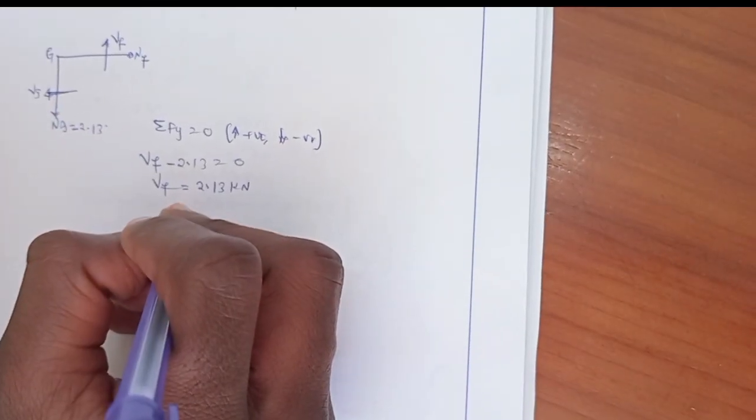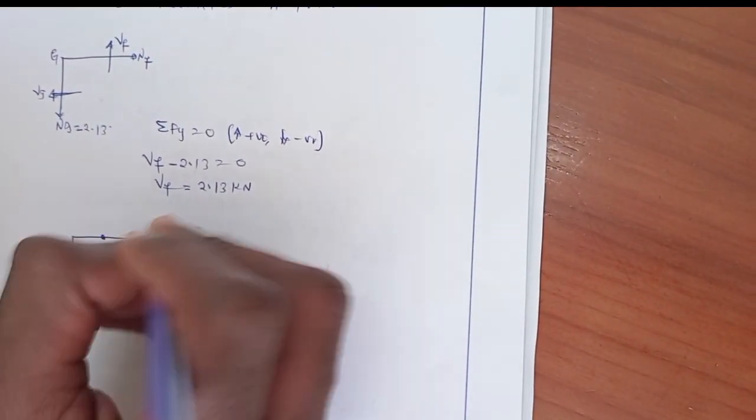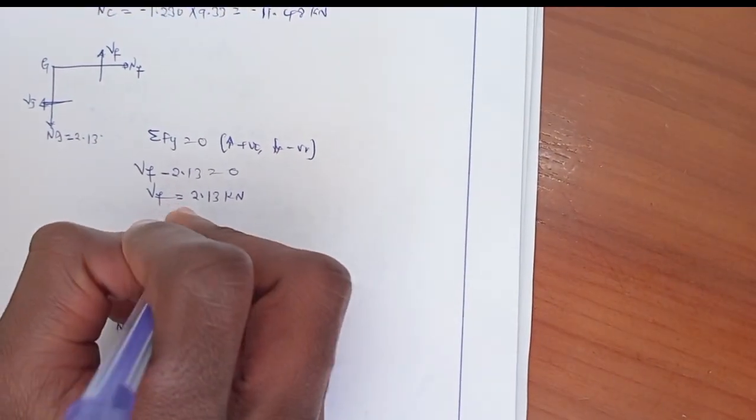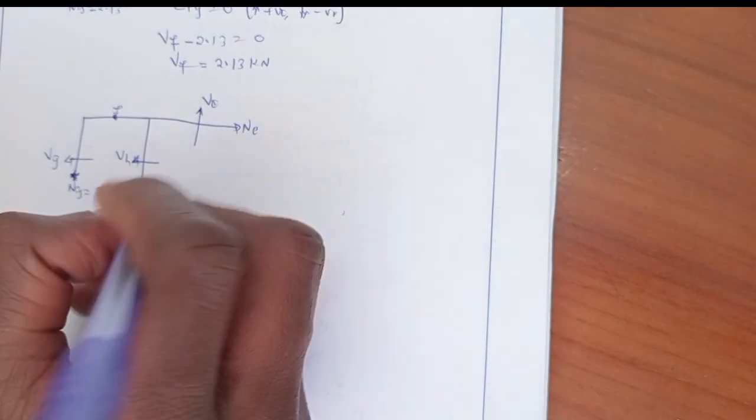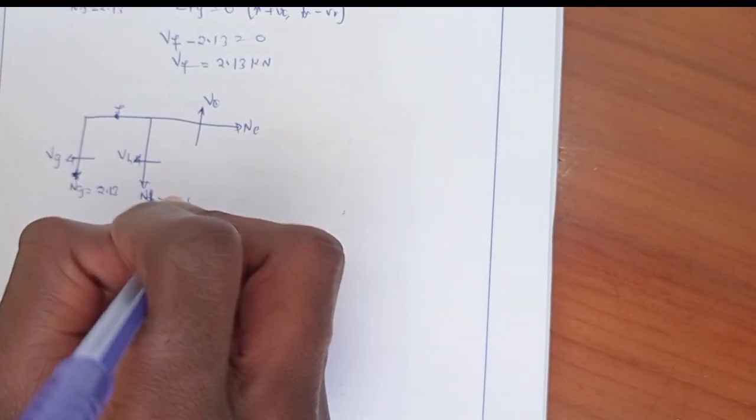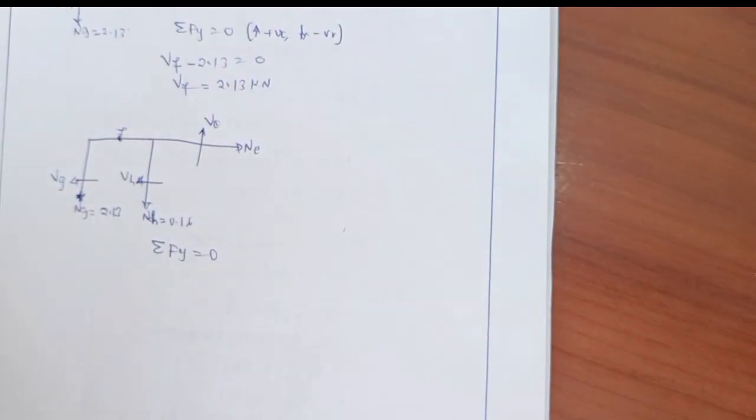Here was VI, this is NI. So, by taking summation of vertical force is equal to 0, so as to get the shear force of this horizontal member,